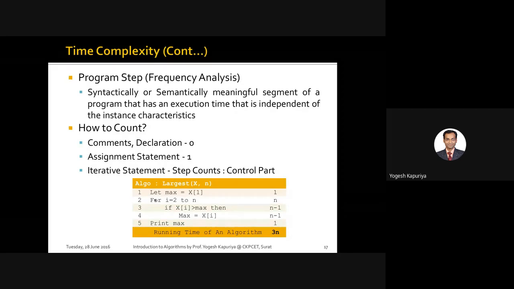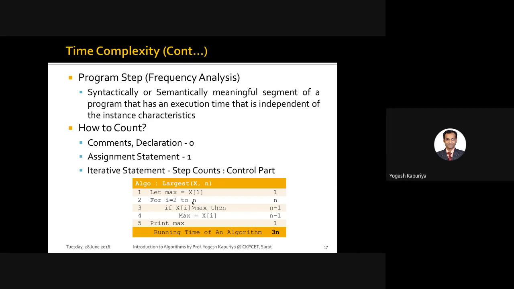Then I plus plus, so I becomes 3. Again 3 is less than or equal to n, so that's second time. Then again I plus plus, so I value becomes 4. 4 is again less than or equal to n, so that becomes third time this is executed.